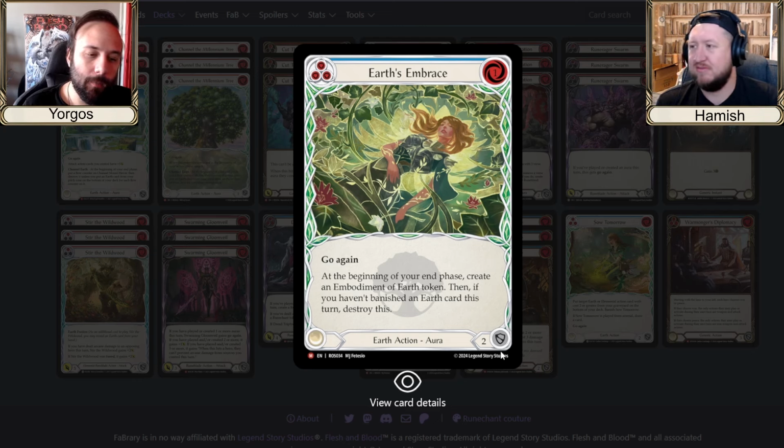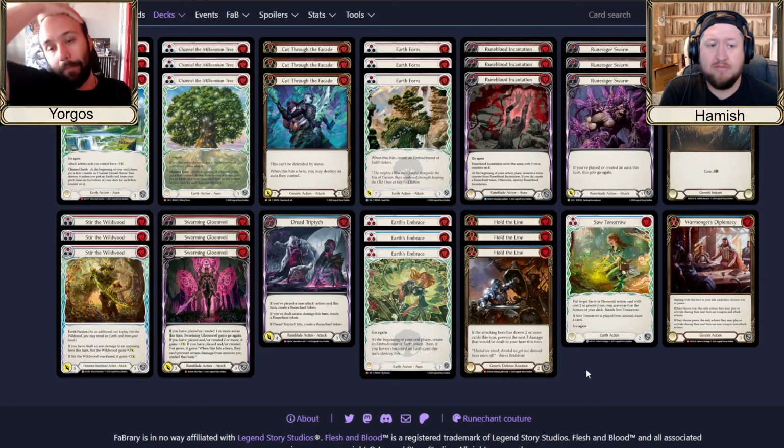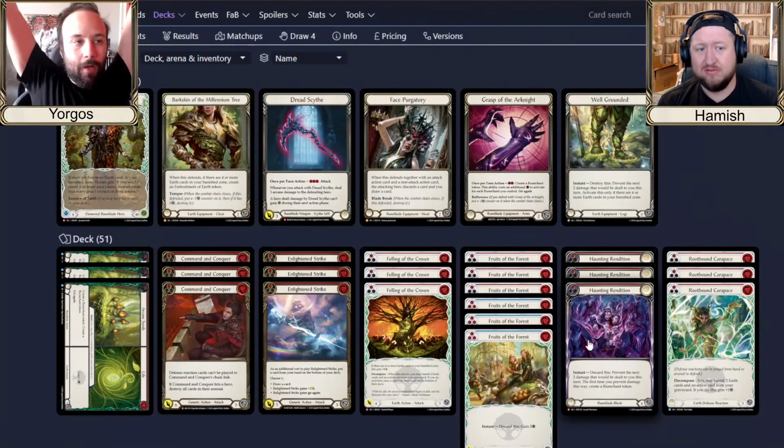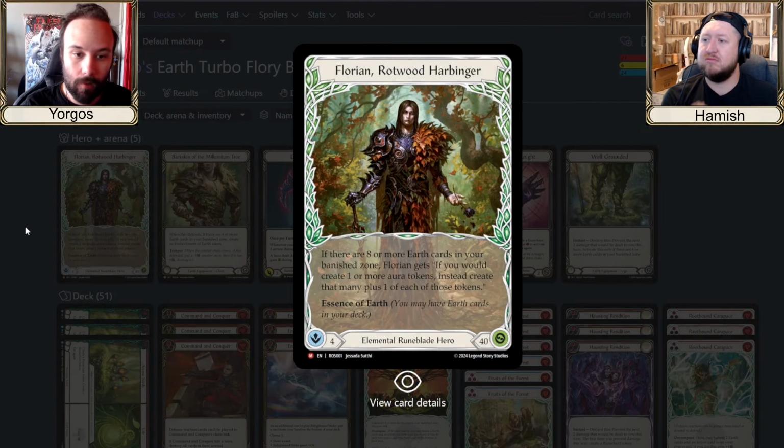This card might be better with the Earth weapon, with Rotwood Reaper. Right, sure, that's another reason to maybe want to use this card rather than Scythe. Yeah, no, that's fair. About Florian, I think one of the most interesting parts is how flexible the deck feels while